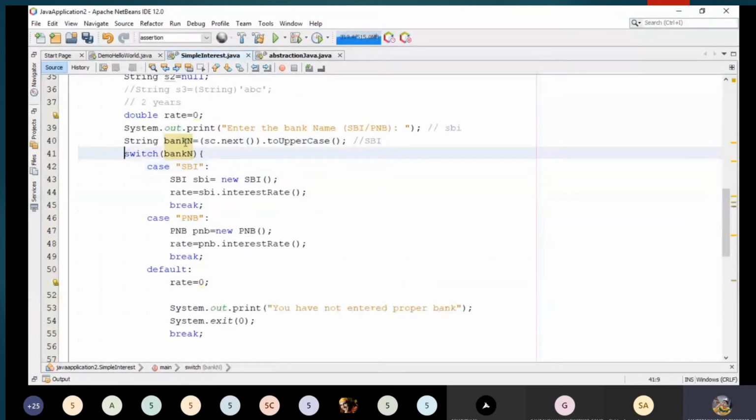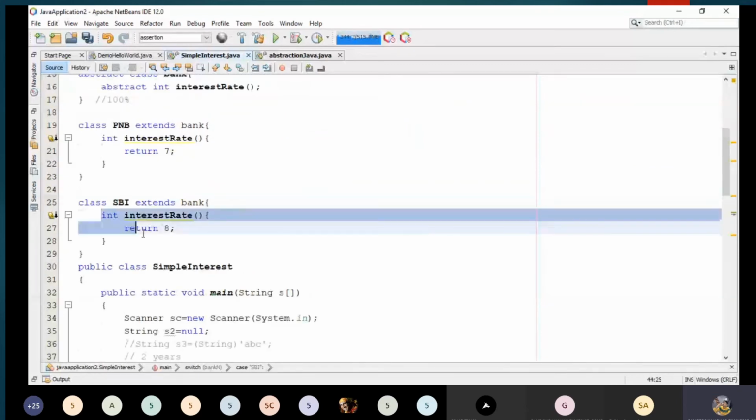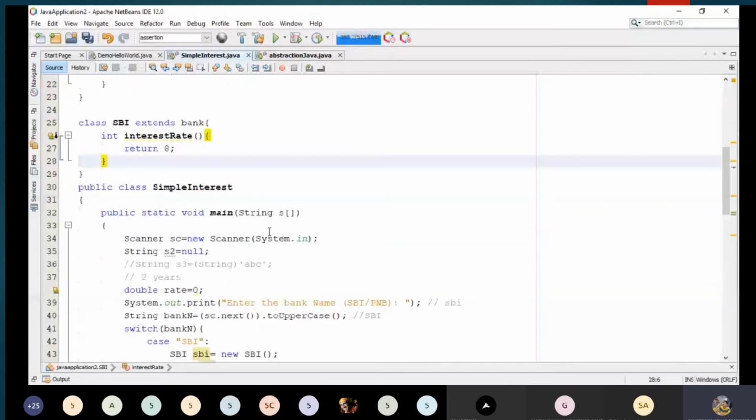In the switch case, I have taken the input from bankName and I have defined two cases here. First one is SBI. If the user enters SBI, then an SBI class object will be created, and it will call the interestRate method of this SBI class, and it will return 8, that is the interest rate of the SBI.